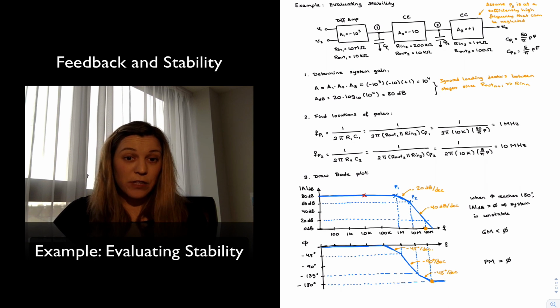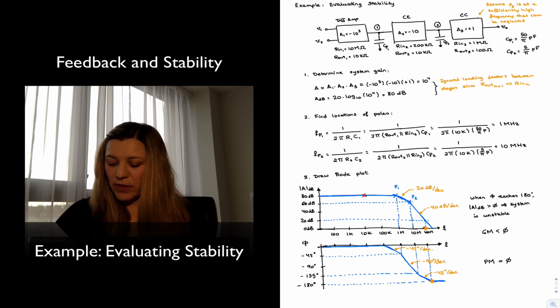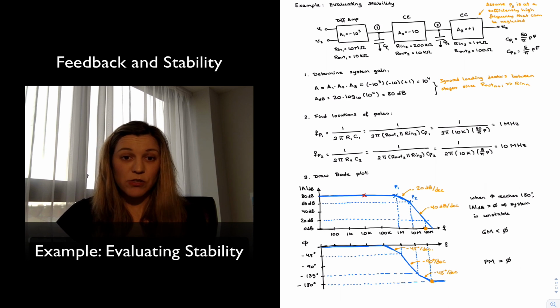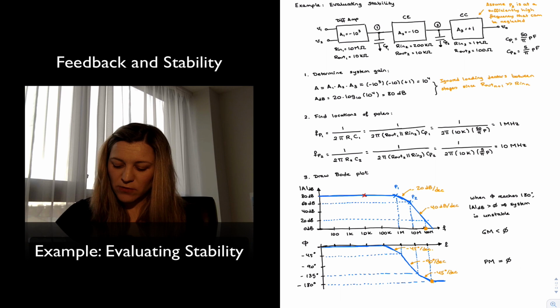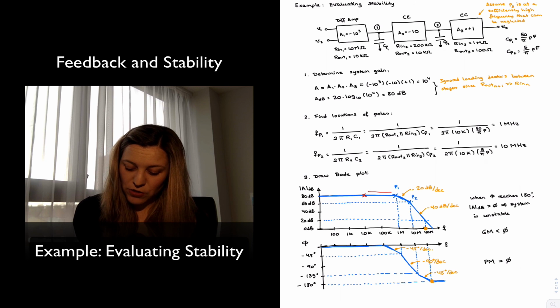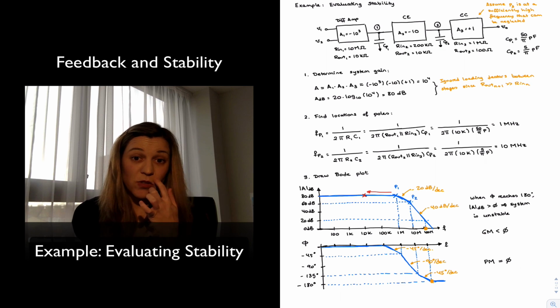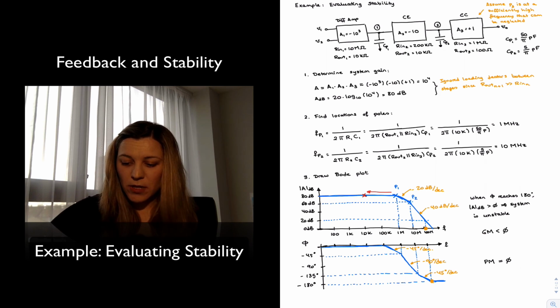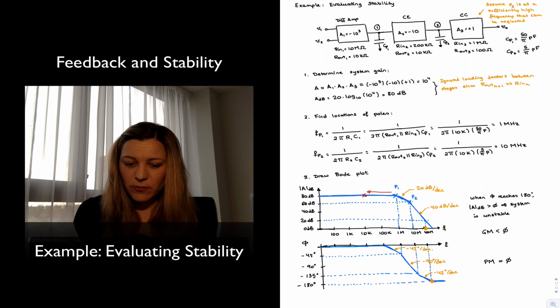In the case of shifting the pole, it's a preferred method in most cases, and the reason for that is because I'm not introducing a new pole, I'm not introducing new capacitors, but rather changing the value of capacitance CP1, so that I'm essentially shifting P1 in that direction. Okay, and so that's the method that we're going to see in the next video. For now, it suffices to say that,